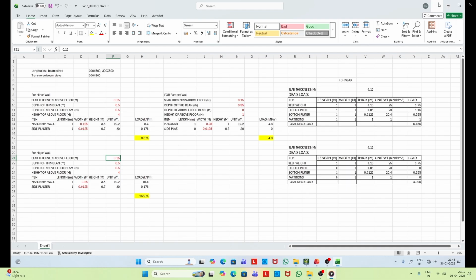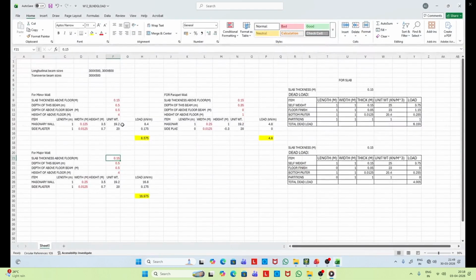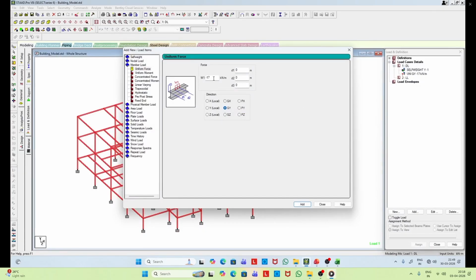So let us assign that load. For that, here we define the magnitude of the load. It is acting in the negative y direction, as you can see. So it is now defined. Similarly, for the minor walls, the load is 8.575. So let us apply 9.